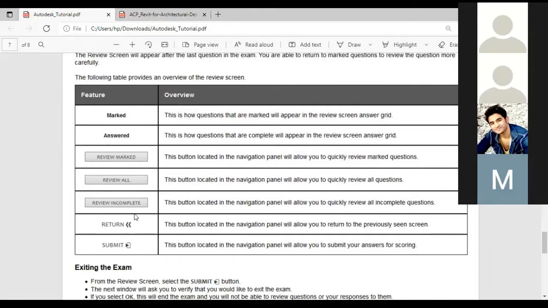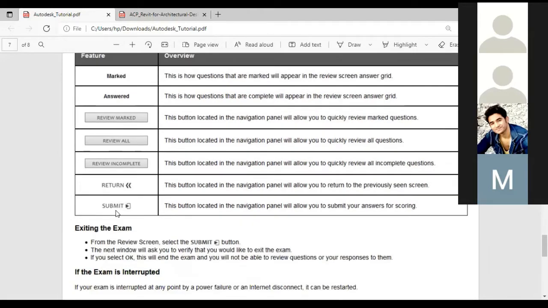After completing the exam, you can click on the submit button. Okay, and then you can click on the enter button. Then at that time itself, after 1 or 2 minutes, you can see your score. Okay, how many you got out of 1,000, that you can see. If you are getting less than 700, you cannot pass the exam. Only if you are getting 700 or greater than 700, you can pass the exam.